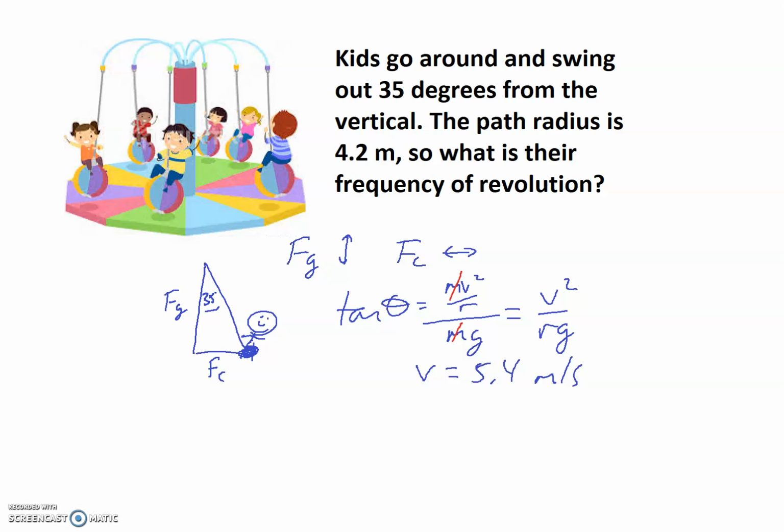Once I have that, I can use the old expression, speed is equal to 2 pi r f, in order to find the frequency, which is basically speed is distance times the frequency. So frequency would then just be v divided by 2 pi r, and that would give me about 0.20 hertz. So the frequency of revolution would be about 0.2 hertz, so that means it would take about 5 seconds for it to get around